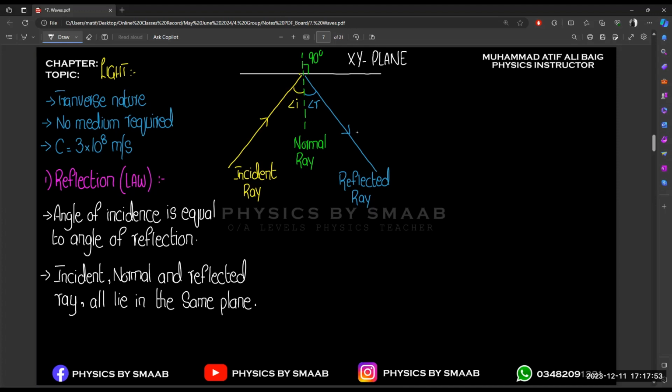And if you think about a normal daily life example, any application that is related to the reflection of light, basically any object, component or instrument that we use for reflection, a very common daily life component is the mirror. So basically we use a mirror in our daily life for reflection of light.